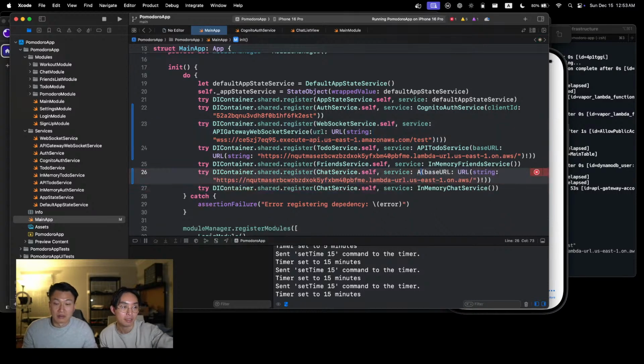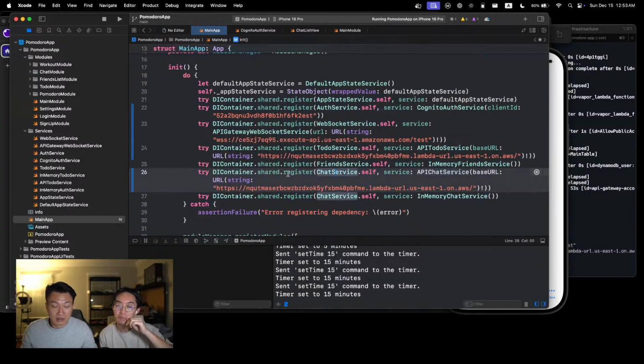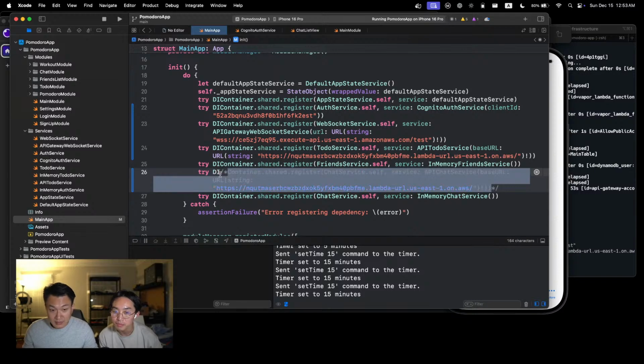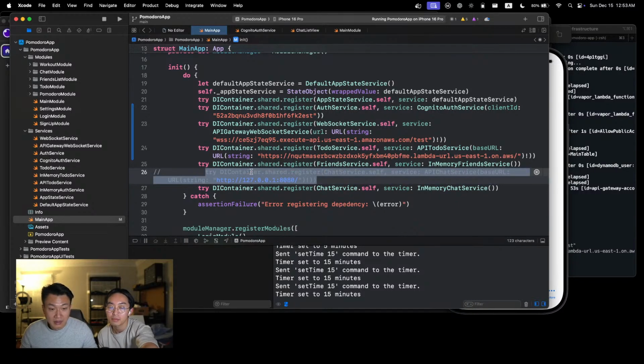Maybe. I think it's in the chat module. Chat. Ooh, not there. Maybe we never committed, or yeah, let's ignore that for now. The WebSocket service should have been the thing that it was using, but for some reason,